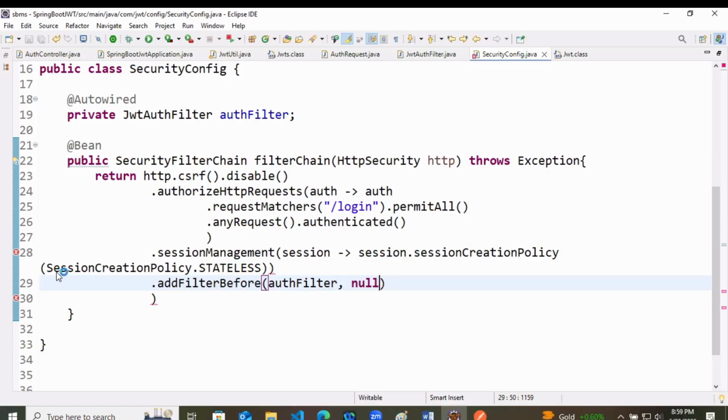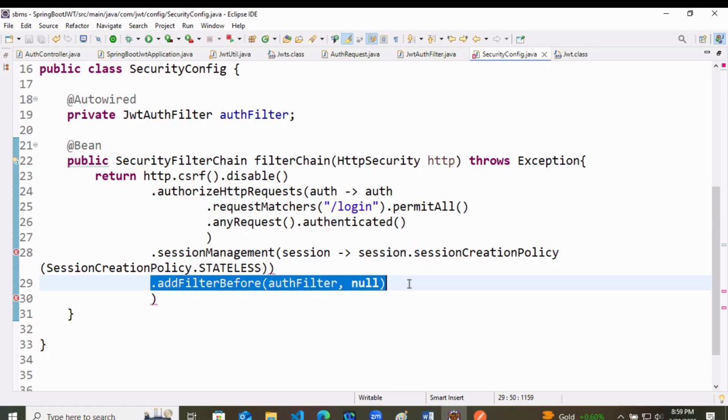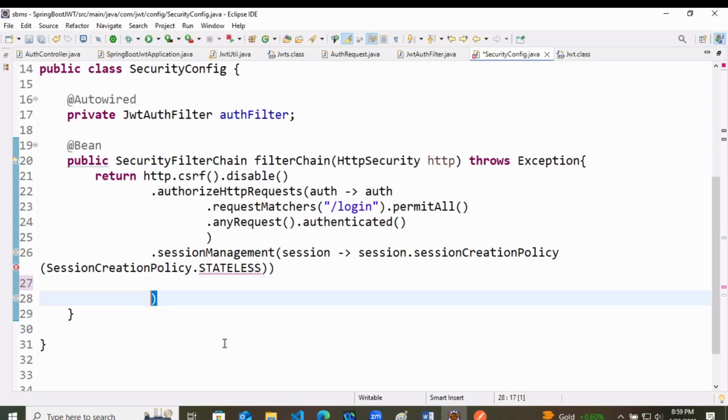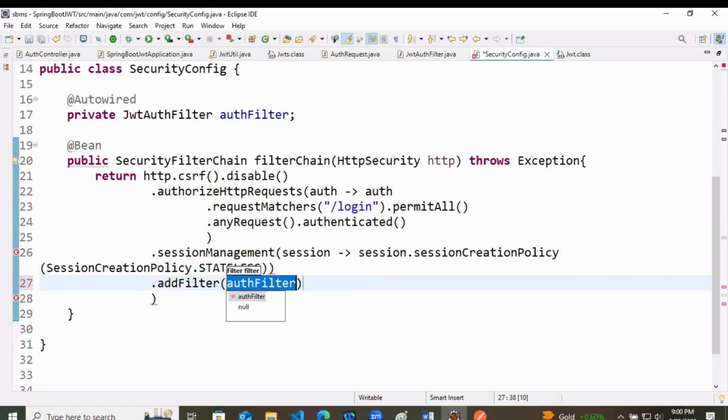Okay, then session creation policy dot stateless. Wait a minute, something is broken.